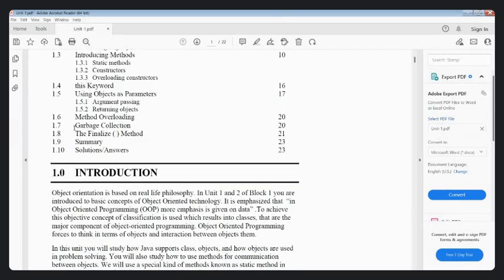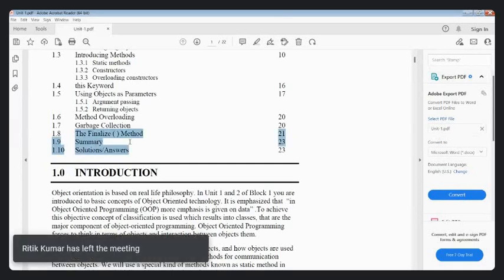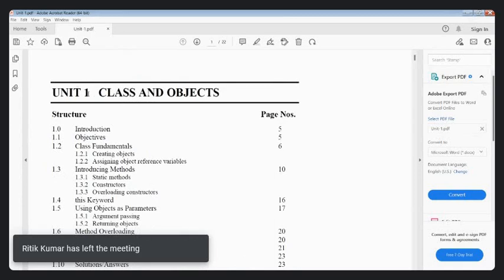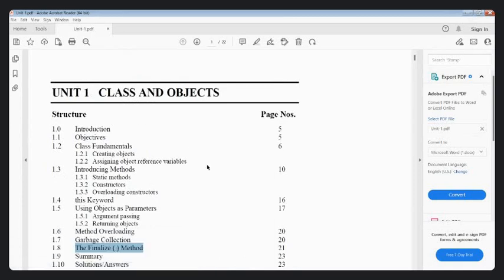Then after that, for the garbage collection, Java introduces the finalize method. So we can implement the garbage collection automatically. That's why Java is known as the robust programming language. So these are the parts of this particular unit 1 of block 2. So now let us start the